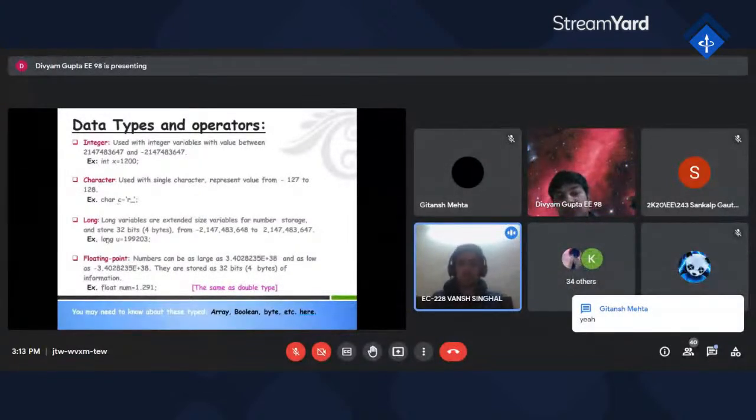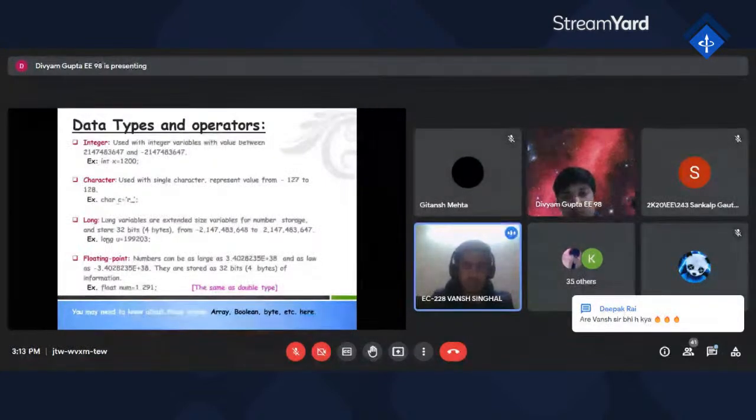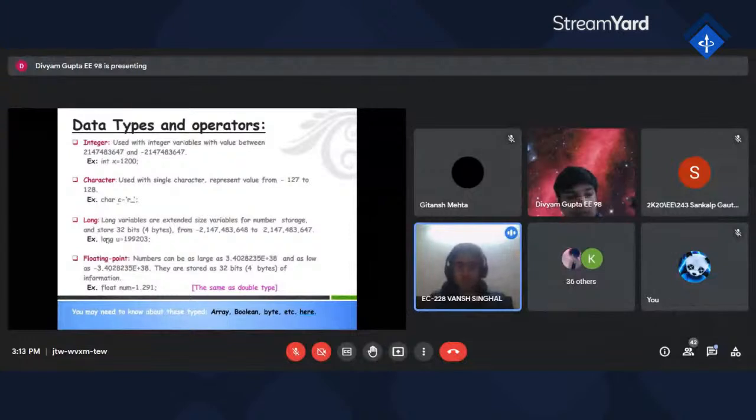Hi guys, you've been familiarized with what Arduino is by Devyam. Let's look at the coding part a bit, because at the end you have to write code to execute any program. The syntax is basically C++.